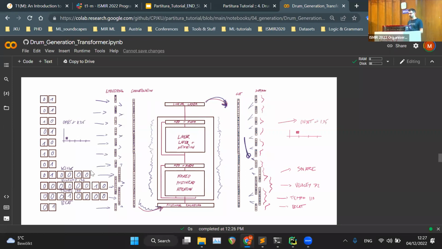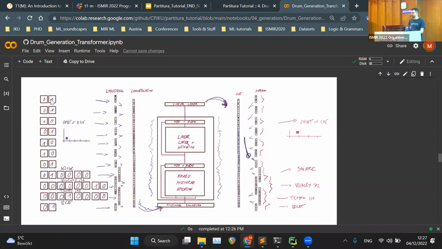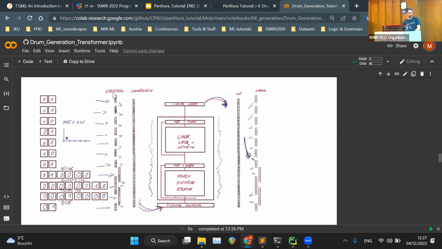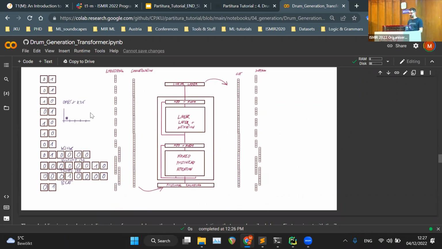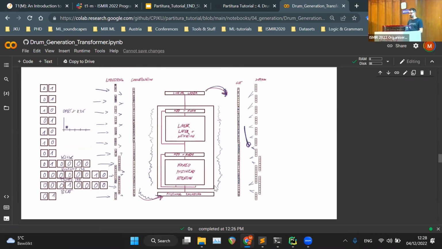The instrument, the velocity, the tempo that only has 8 classes, and the beat are again binary. We embed these one-hot vectors into an actual 4-dimensional vector, which we will see why on the output. We concatenate all these representations and use it as an input to our